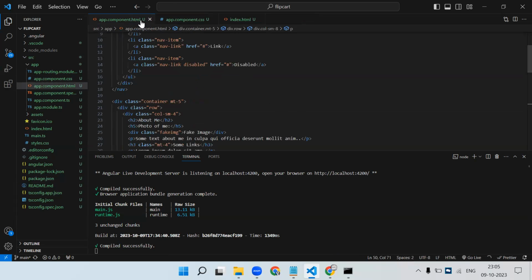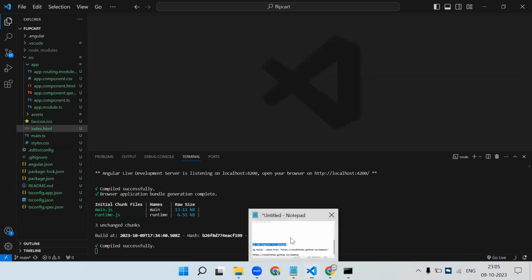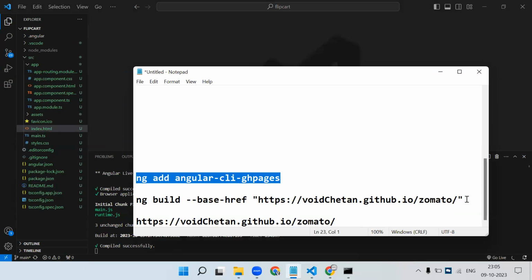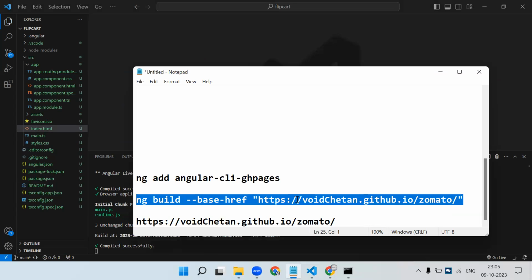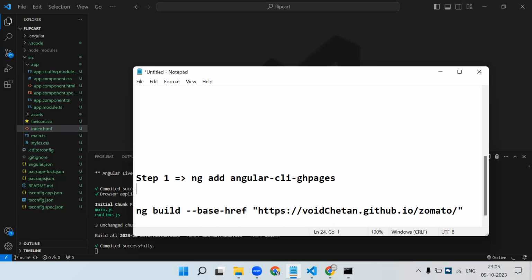Then the next step is we need to build our application. To build the application also we have one command. Now that command will be, okay, before this, first let's write the steps. So step one was to install this particular package, right? Step two